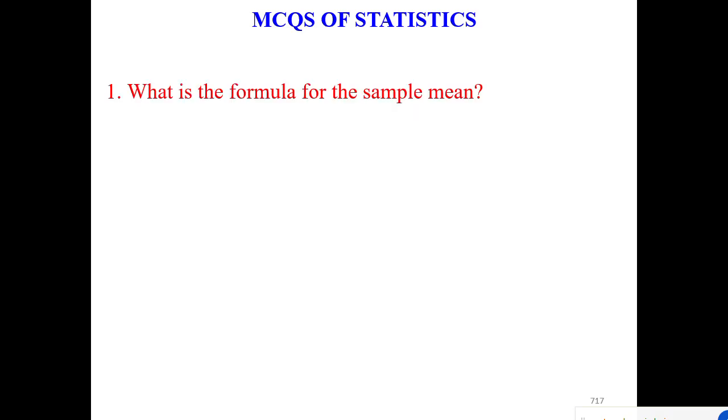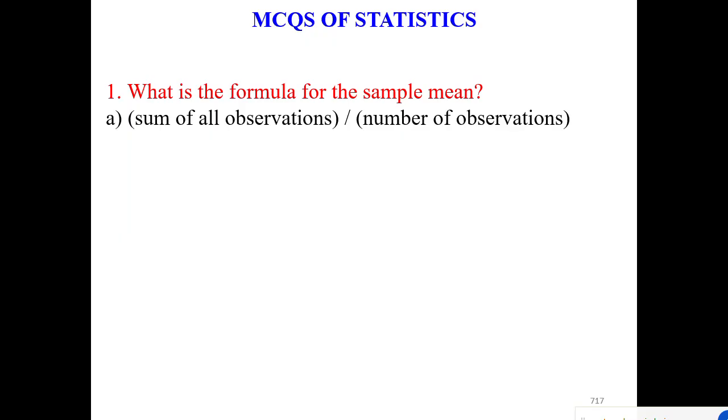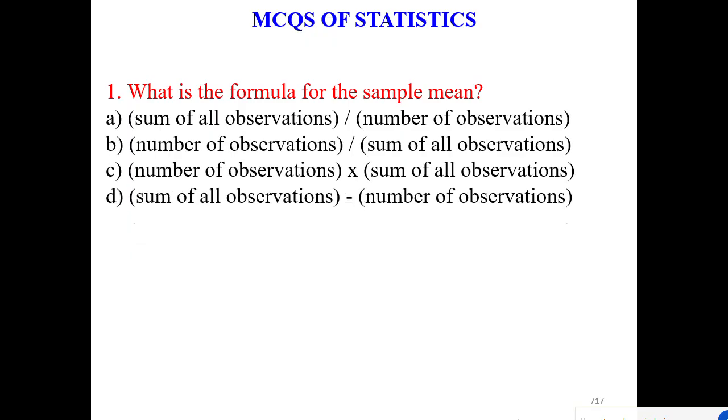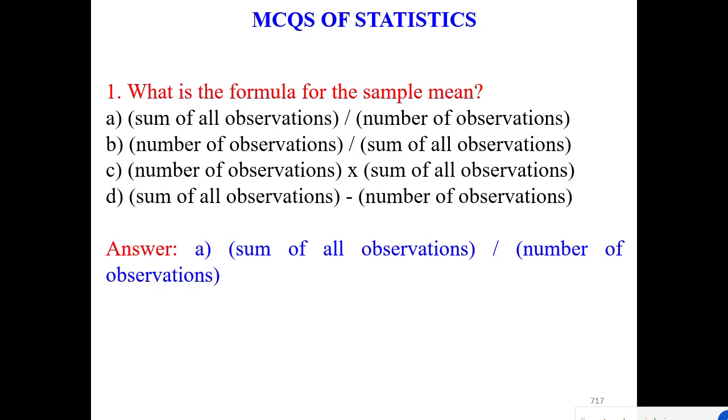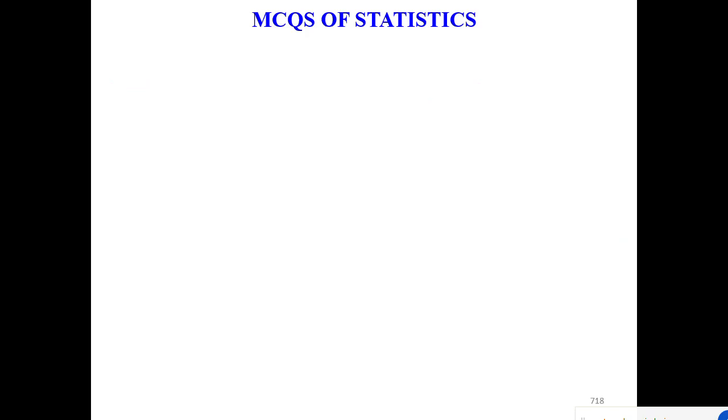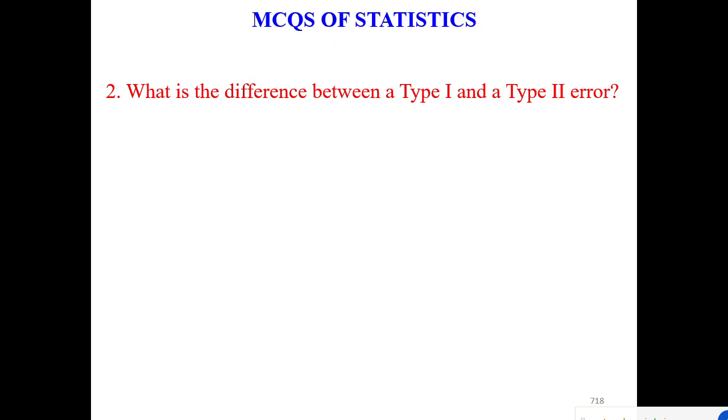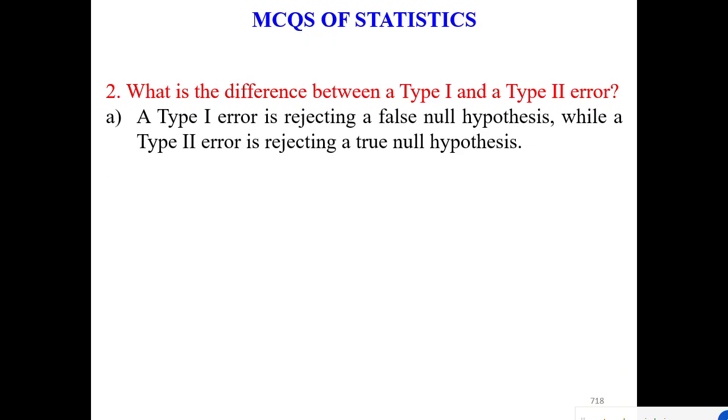Sometimes you need to know it. What is the formula for sample mean? Sum of all observations divided by number of observations. So that is the answer. Next question. What is the difference between a type 1 and a type 2 error? Type 1 is error rejecting a false null hypothesis, while see the answer is